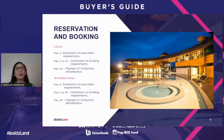And after that, day 2 to day 25, they would need to be able to submit to us the other requirements. We call it Set B. So that includes the verified TIN number or the TIN number. And then, of course, they need to provide us the proof of billing. Proof of billing, it can be their Meralco bill, their